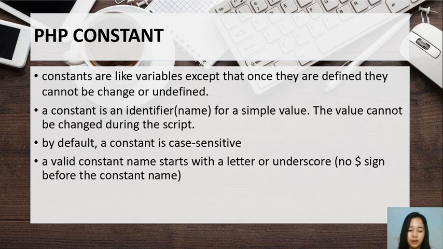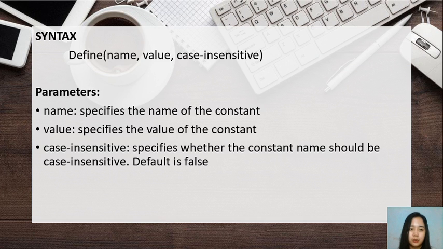A constant name should start with a letter or underscore. There is no $ sign before the constant name. So this is this. To define a constant,